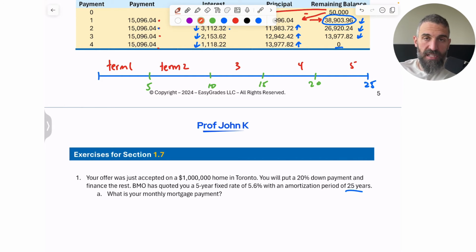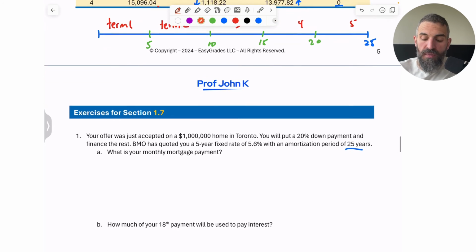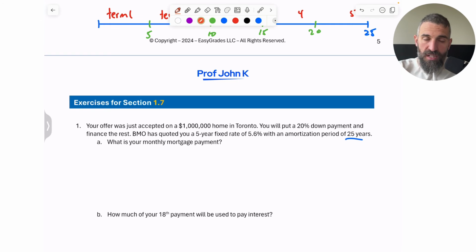Technically, or in practice, you should not be using that number for anything. When your mortgage payment is calculated, the term of the mortgage does not play a role. The term could be 5 years, 6 years, 7 years, 8 years. Your payment would be exactly the same because the payment is not based on that. The payment is based on your interest rate, how much you borrowed, and your amortization period, the total amount of time that you have to pay off your debt. So you really want to be careful when reading mortgage questions. If they give you a term and an amortization period, the amortization period is what you should be using in